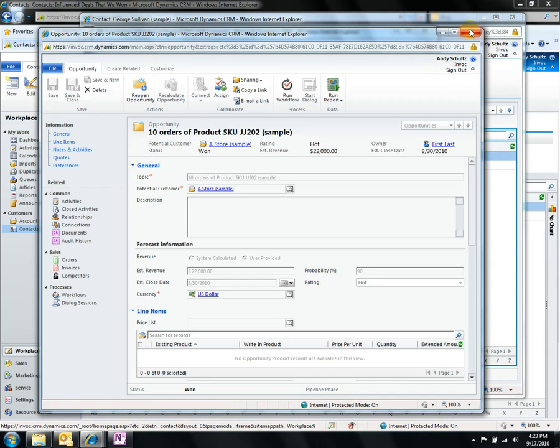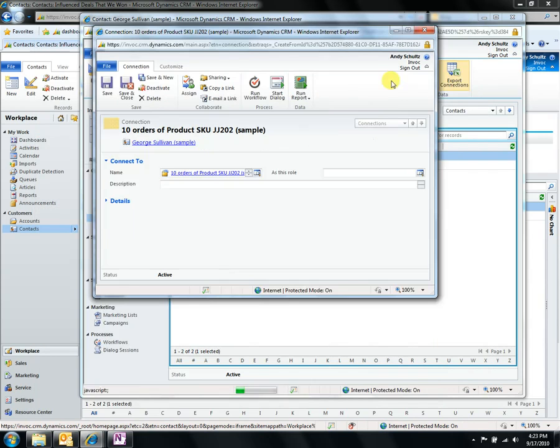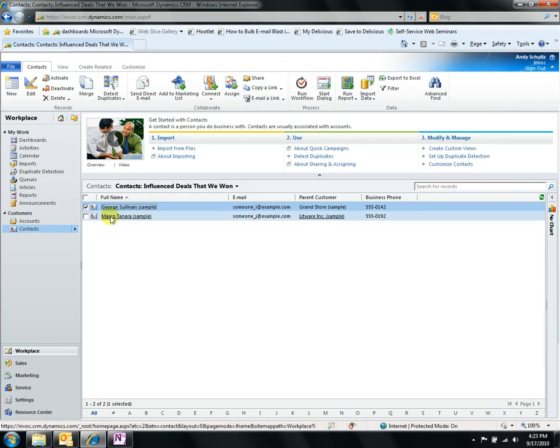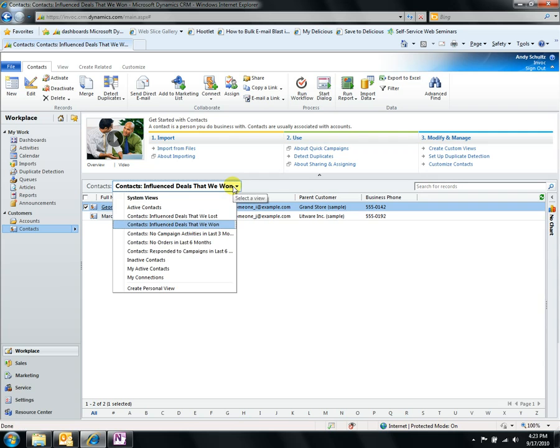It's one opportunity. So you can actually show a grid of all of the contacts that have a certain type of connection to something else, and that came out of the box. I wanted to make sure that you could actually replicate this, and so I also created this contacts, influence deals that we lost. In past versions of CRM, there have been some views that had functionality that you couldn't replicate. For example,